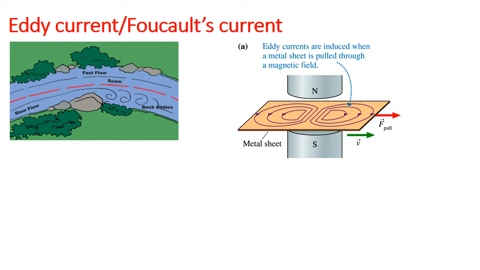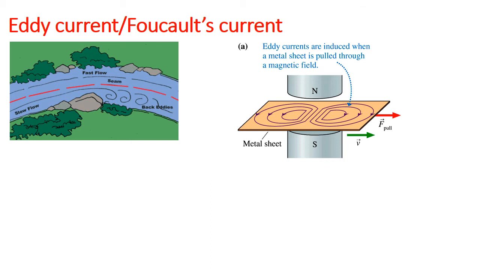Now we will learn the concept of eddy currents or Foucault currents. We are aware of the eddies that are produced in water, also known as whirlpools. These eddy currents were first discovered by the scientist named Foucault, and they are also called Foucault currents. Eddy currents are produced when a metal sheet is kept in a changing magnetic field as shown in the figure. If you place a metal sheet in a magnetic field and pull the metal sheet with certain velocity v,